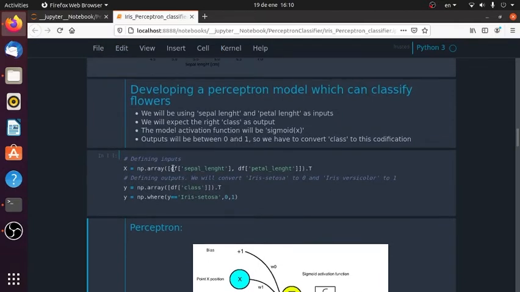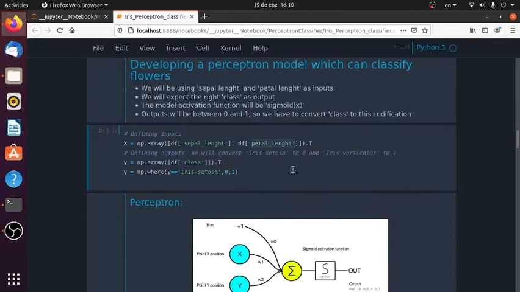Going again with the inputs, we are gonna define our inputs in this X matrix. It has two columns. One column we will have the sepal length, and another column we have the petal length. And we will define the expected outputs in this column matrix called Y, and also we are gonna convert its values to 0 or 1. Okay. Iris setosa classes are gonna be converted to 0 and iris versicolor to 1. So we execute this cell,